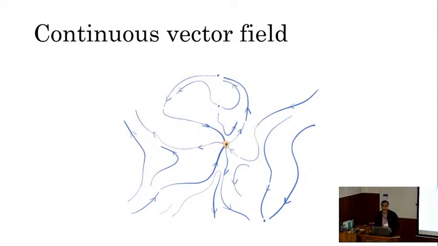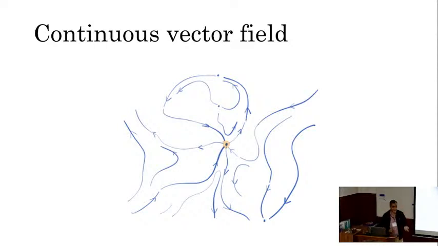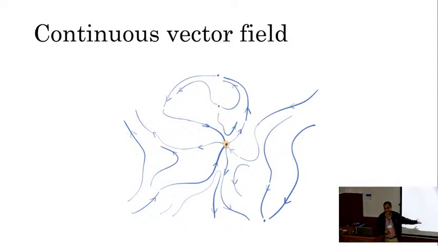Okay, so now I come to the vector field part. So this is the persistence. Vector field, as somebody was telling me, yes, a vector field is continuous. Here I am showing you a continuous vector field, only some sketches of the integral lines given by the vector field. But this is not good for us computer scientists. I cannot compute with this. Suppose it is given by an ODE or some equations, it's not good for me.